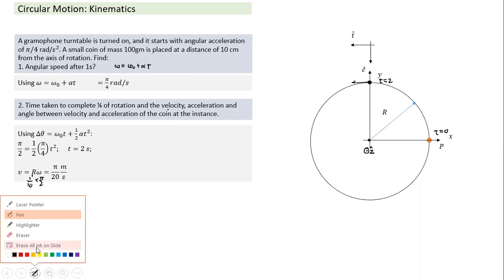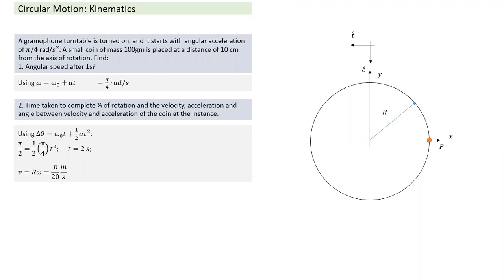How do you find acceleration? When we talk about acceleration, it will have two components. Which two components? Not xy components. We are concerned about the centripetal component and the tangential component. For the centripetal component, we need to know either the value of v or omega. If either is known, we can find the centripetal component, which is r omega square or v square by r. We have already found v, so we can find it.